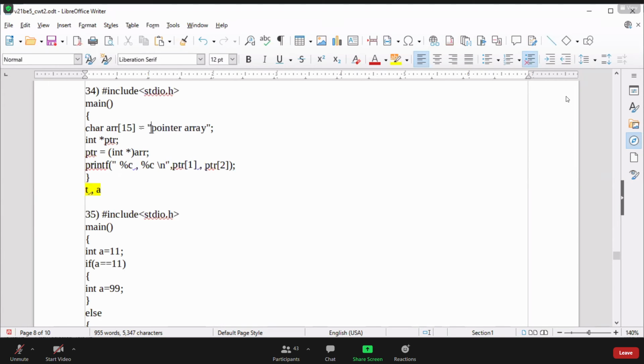Initially, when we are starting, just try to understand properly. First of all, think that it's an integer type pointer. Integer type pointer means ptr[0] is this group of 4 characters. Are you able to understand? It's a group of 4 bytes, right? So that's why next ptr[1] is going to start from this character T onwards, and that's why it is printing 1 character as T.